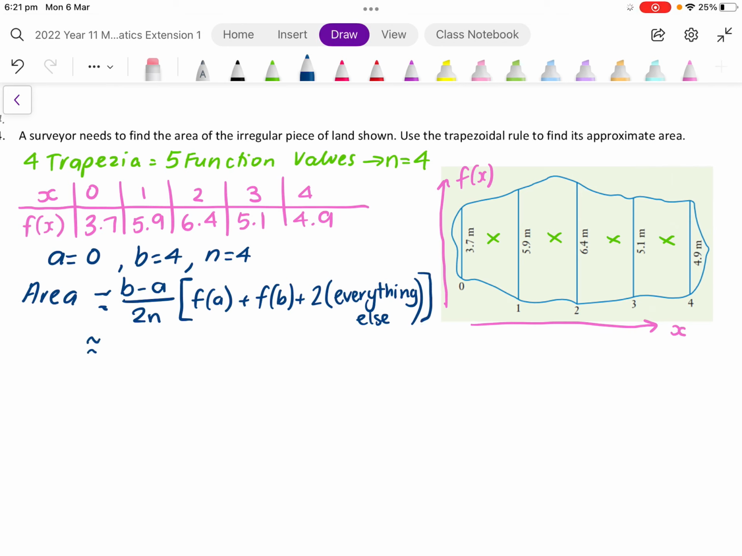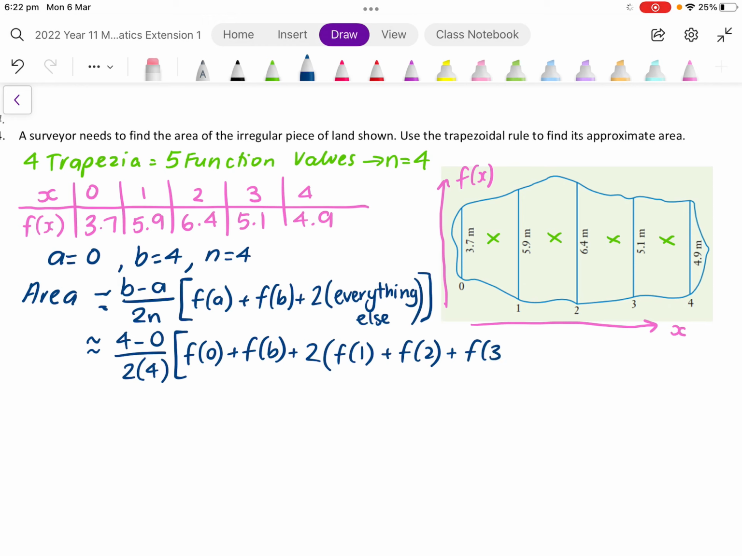Okay, so then we can substitute this all in. So our b is 4 minus our a of 0 over 2 lots of our n of 4. Our f of a is our f of 0 plus our f of b is our f of 4, plus we then have 2 lots of our f of 1 plus our f of 2 plus our f of 3. All the brackets to end it. So this is 4 over 8 lots of f of 0 is 3.7 plus f of 4 is equal to 4.9 plus 2 lots of f of 1 is 5.9 plus f of 2 is 6.4 plus f of 3 is 5.1,